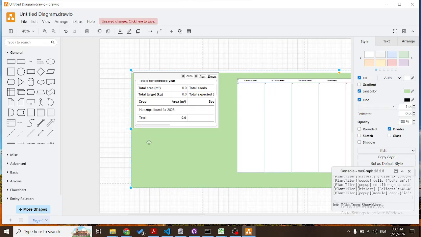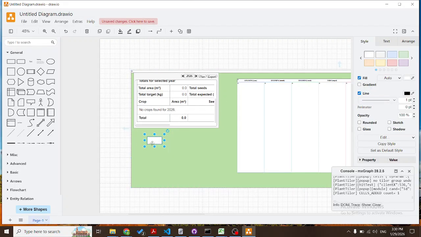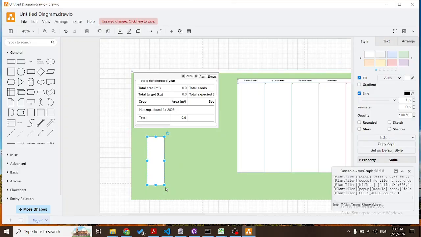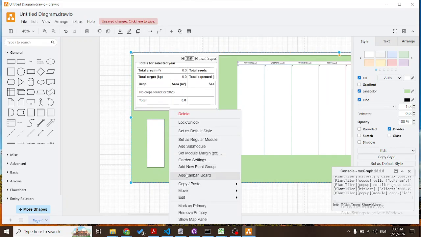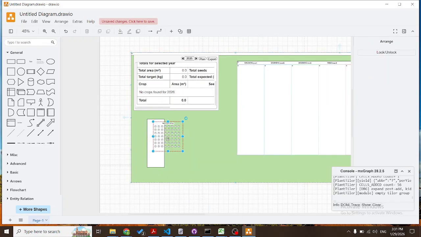So now, okay, once we've done that, what we're going to try and do is match the actual plan to match what actually happens to the plan. So you'd say, okay, this is a garden bed. Right now, we're going to go over here and click add new plant group, fit it to our bed,